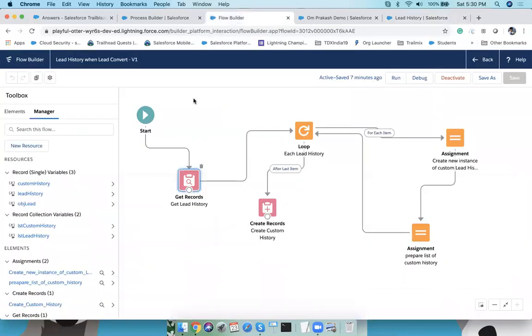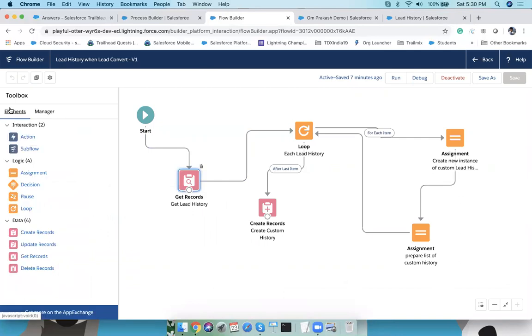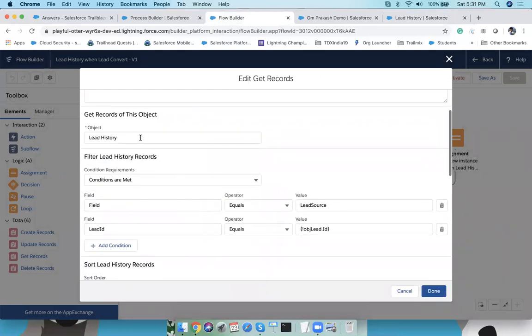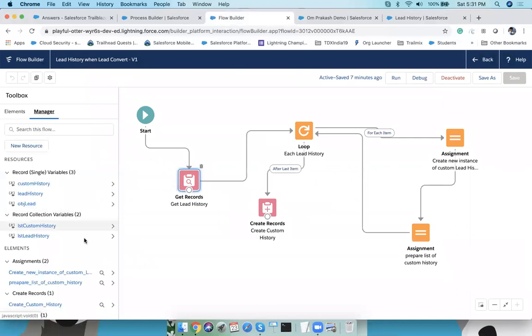Now let's see step by step. Firstly, I have dragged the Get Records element from here. In this Get Records, I am simply getting the lead history, and the criteria will be field equals Lead Source. If you need another field as well, then go ahead and add that field name. Now Lead ID equals objLead.Id. So here objLead is